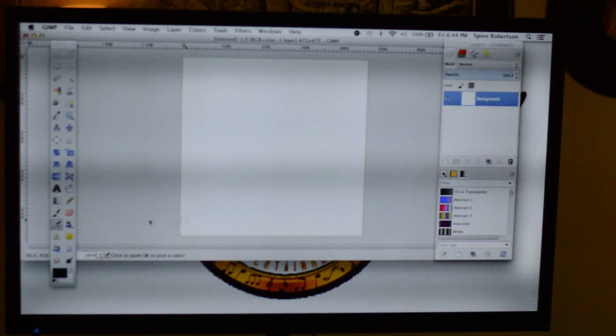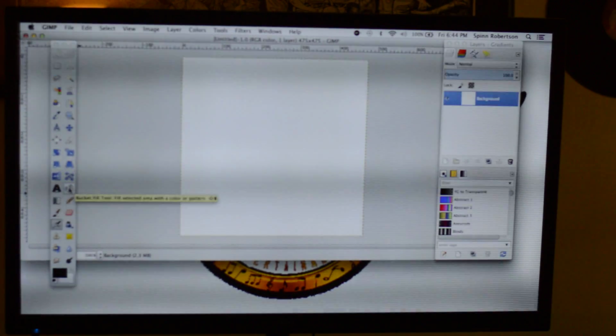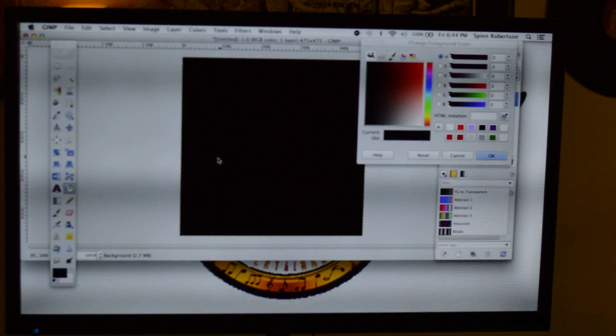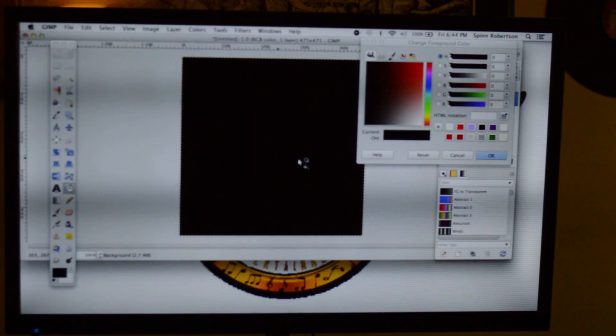You got your white screen. I don't generally use the white screen. I like to make my screen black. So it's like that right there. And the way I did that, I just hit the little fill bucket tool, made sure I had my black